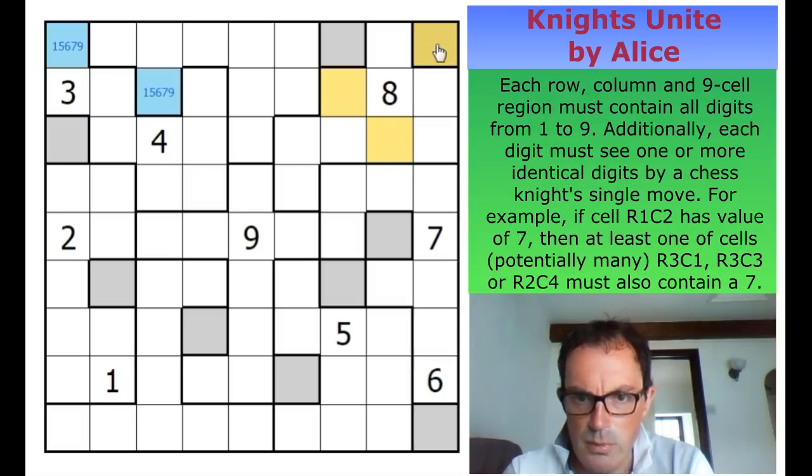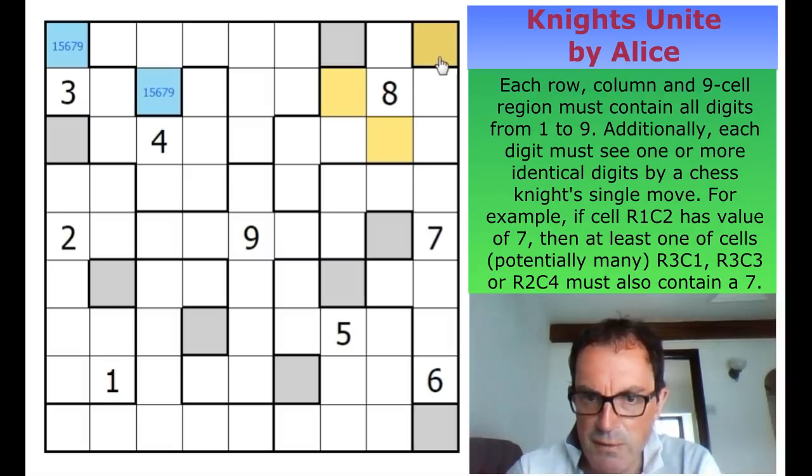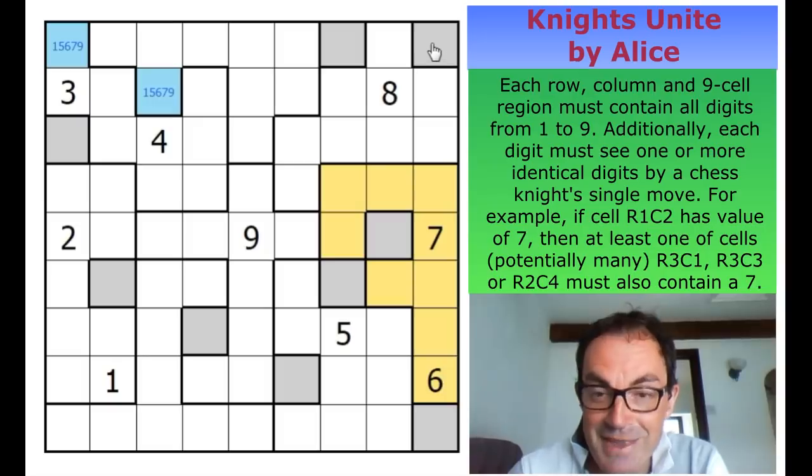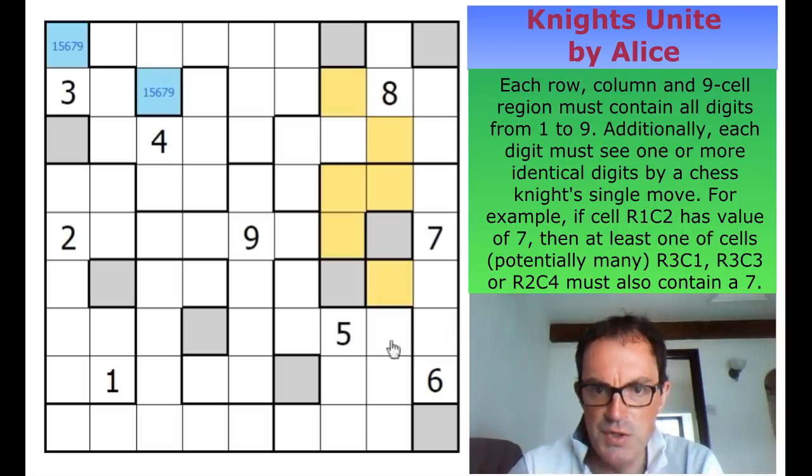Oh, good grief! Look, we've got to take this further, because this region down here is also similarly restricted. So whatever we put in this square is therefore in one of those 2 positions because of this weird knight's move condition, and in one of those 4 positions. So in fact, this could never have been a 5, because now we can say in this box